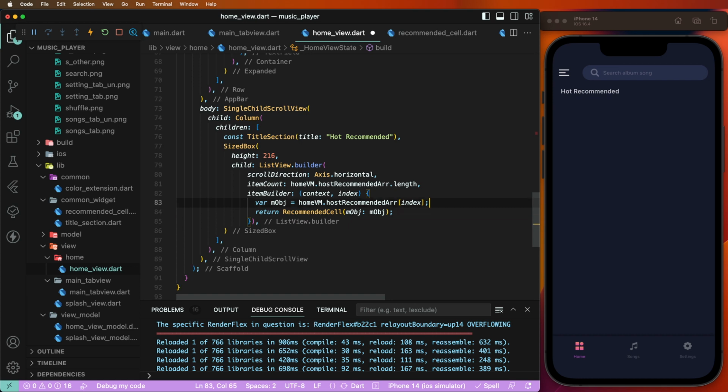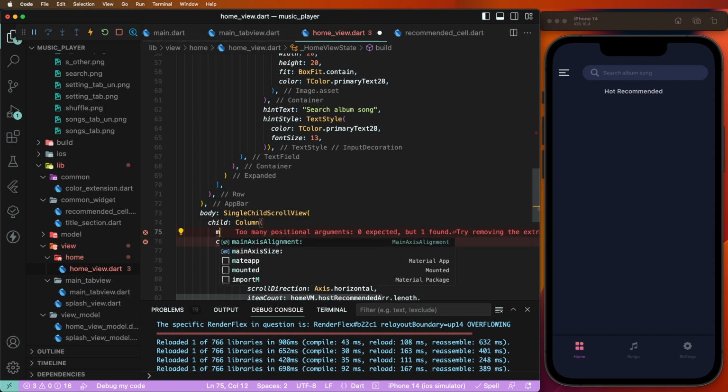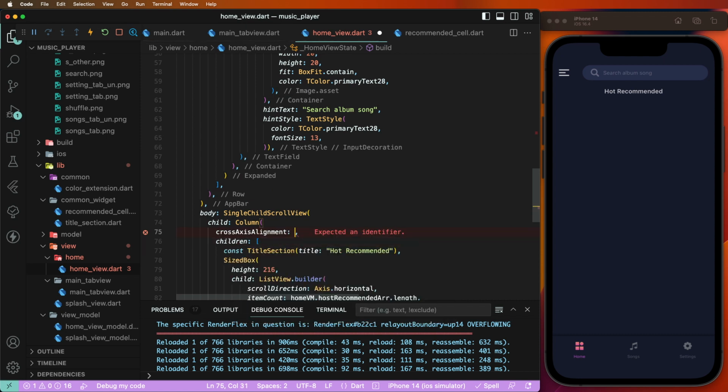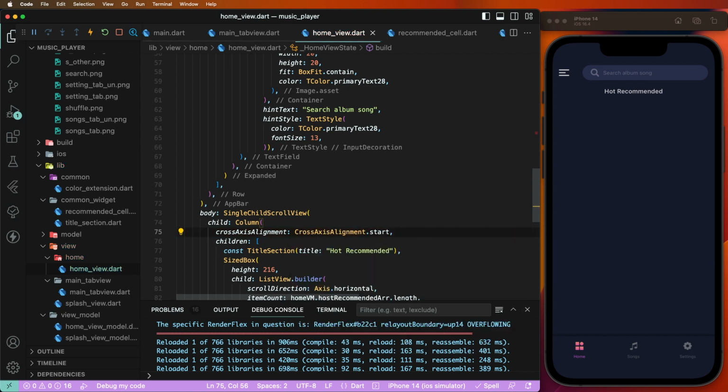Pass this here, so this here, and we need to put here main axis cross axis alignment to set here start, set here start